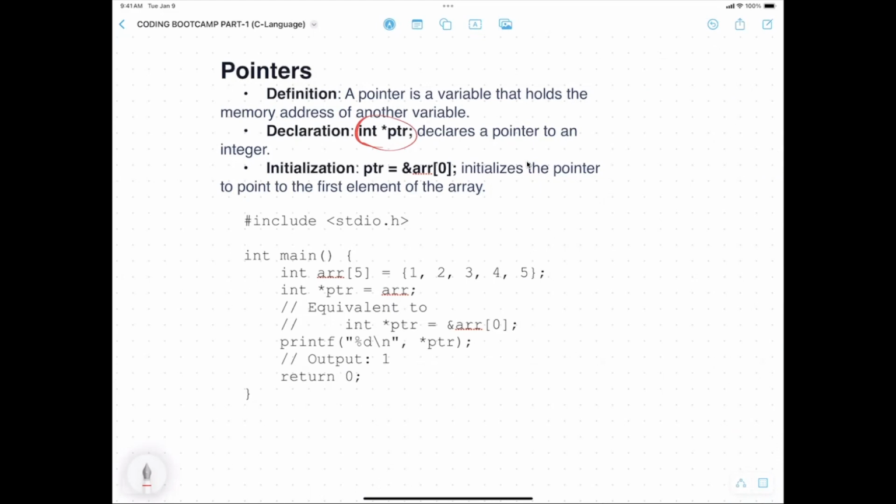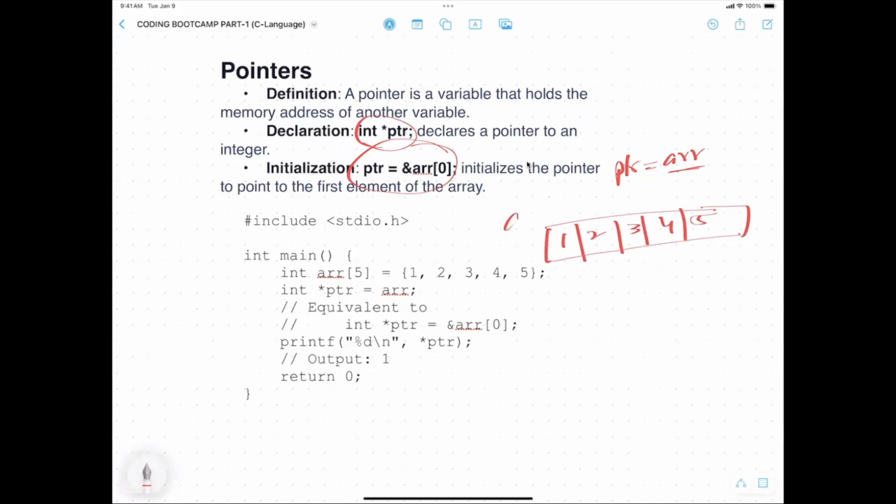And you can also initialize like this and give the array, and this can also be done like this: ptr, just give the array, it will take the pointer of the array, or you can give the address of the first element. In this case, here is an array of 5 values: 1, 2, 3, 4, 5,